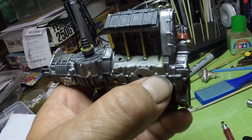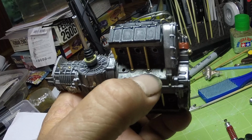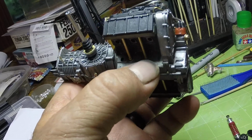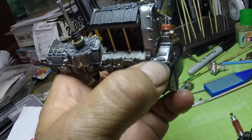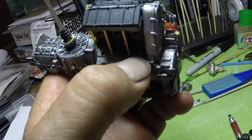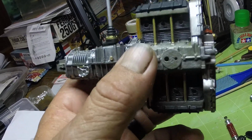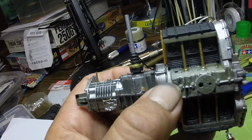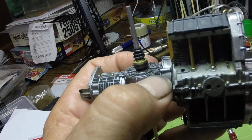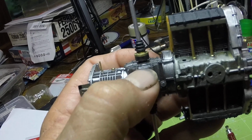They didn't do a very good job in this casting, so there's going to have to be some cleanup and fixing on that. And there's actually supposed to be a nut here that's missing, which clamps down the intermediate shaft, and there should be a nut on each of these stubs here. They didn't put that in the casting, so I'm going to add those two. And I'm going to run a clutch cable on here. The only thing is, they actually made the end of the clutch lever incorrectly. I'm just going to go with it, but